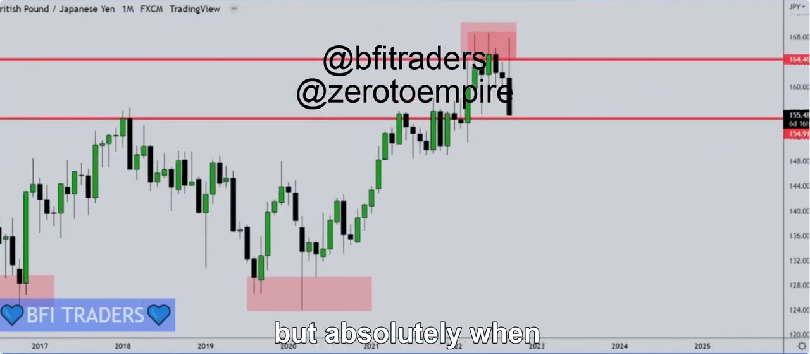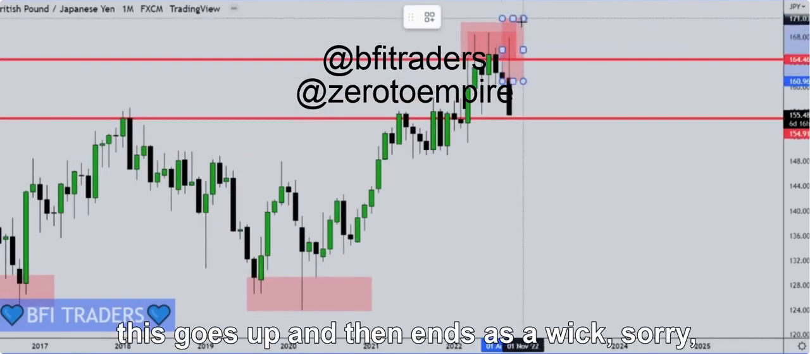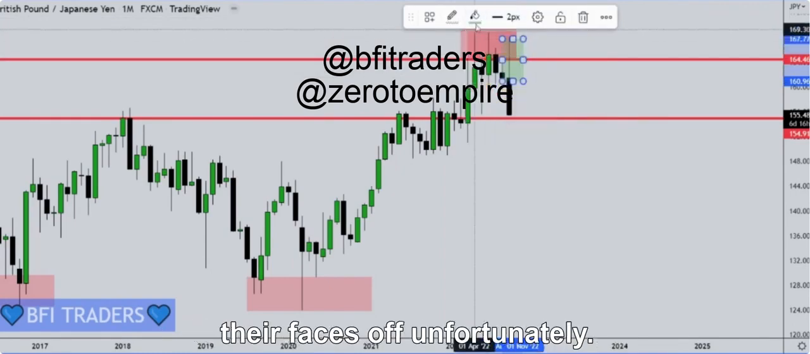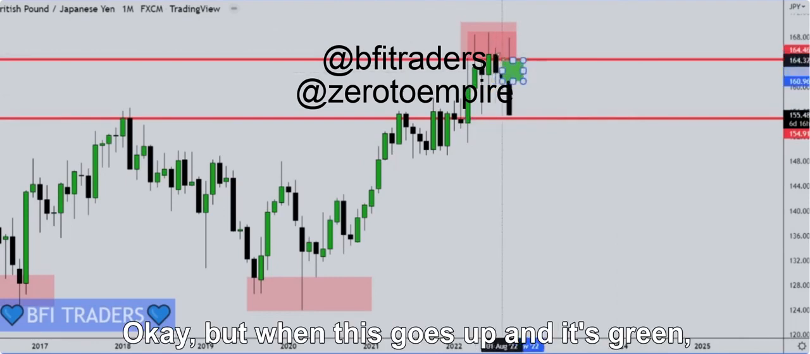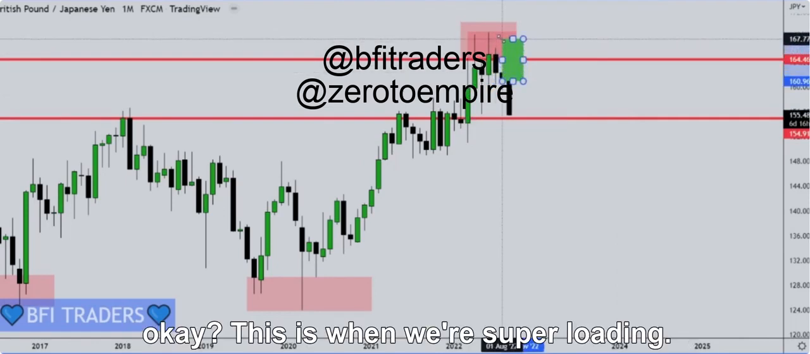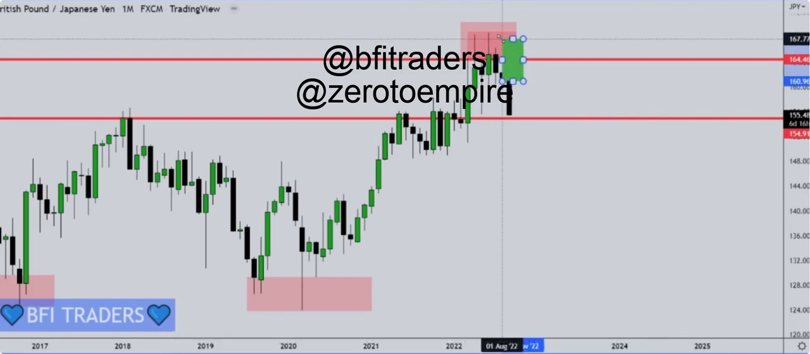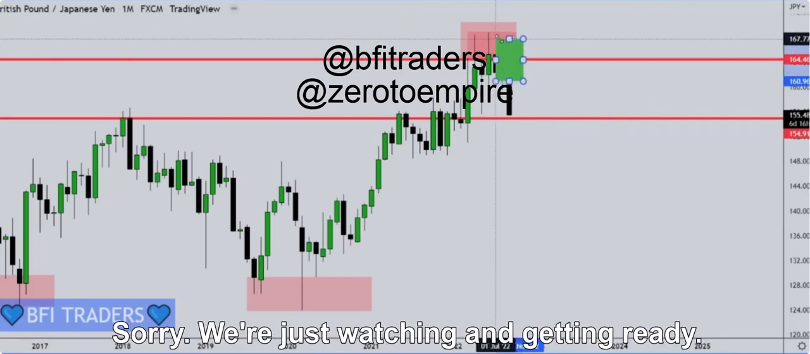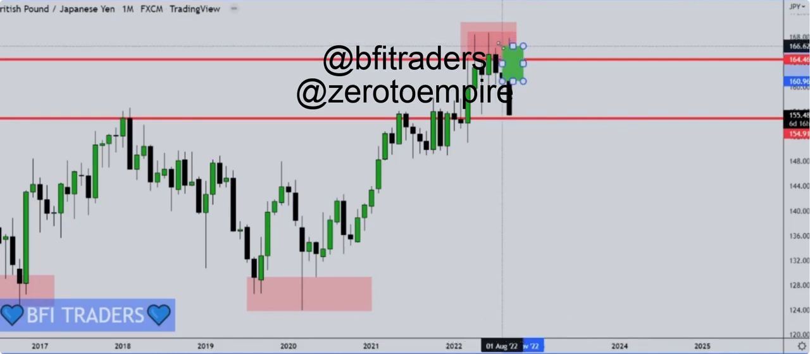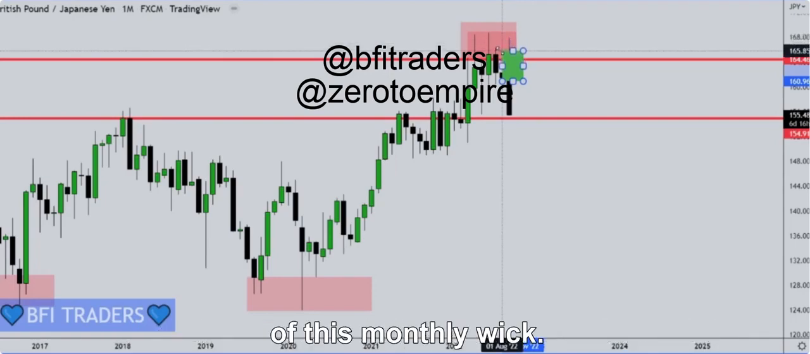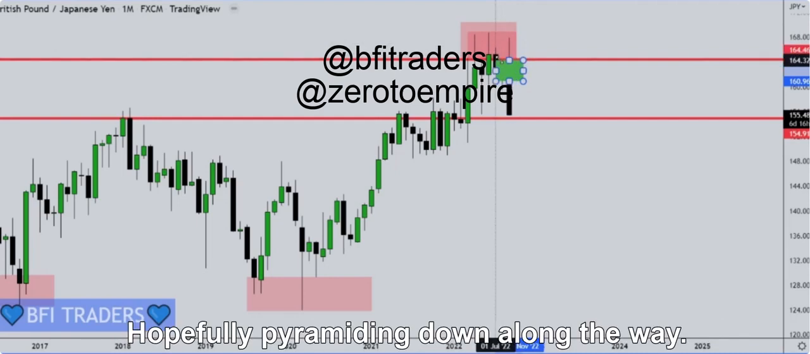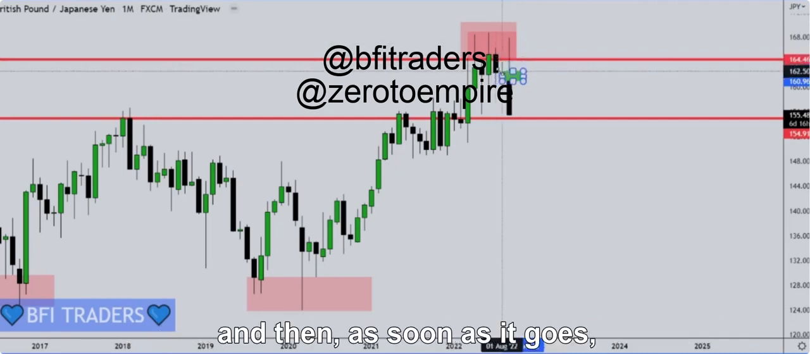But absolutely, when this goes up and ends as a wick, it's all green and they're all buying their faces off, unfortunately. Okay, but when this goes up and it's green, this is where we're super loading. Sorry, we're just watching and getting ready, maybe. Okay, but even then, this is what you guys should be doing, right? You should be watching the formation of this monthly wick, hopefully pyramiding down along the way, making a killing. And then as soon as it